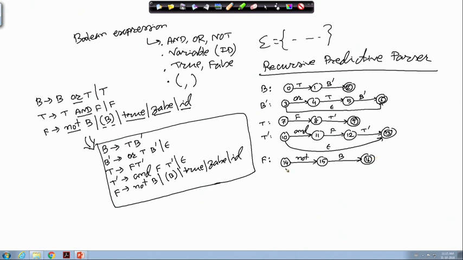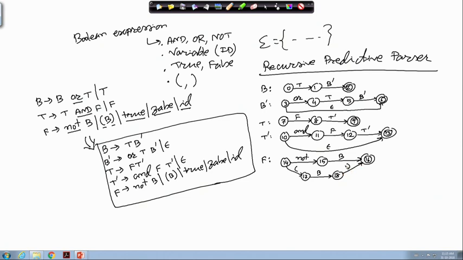Then this open parenthesis will take it to state number 17, then B it will go to state number 18, and then close parenthesis, so it will take it there.